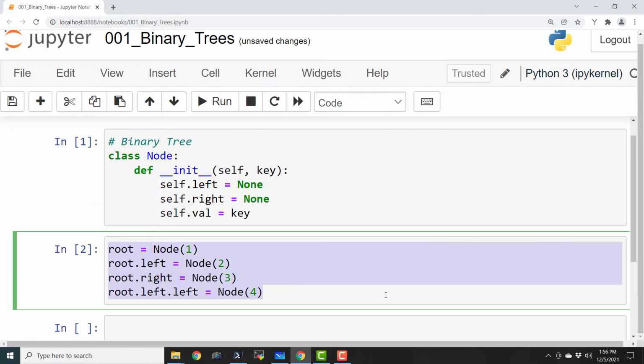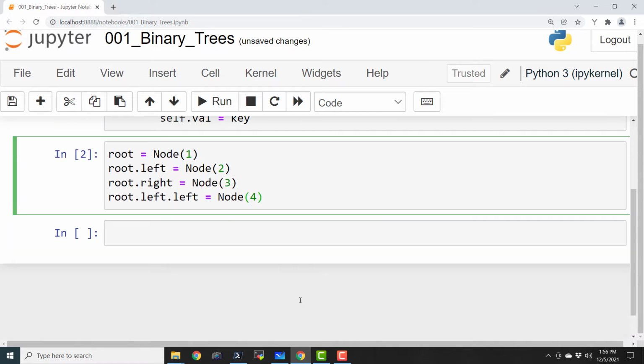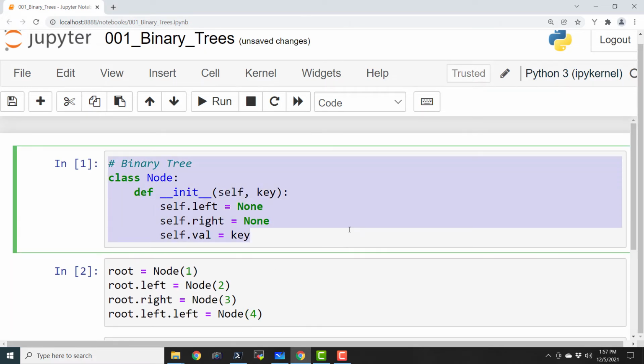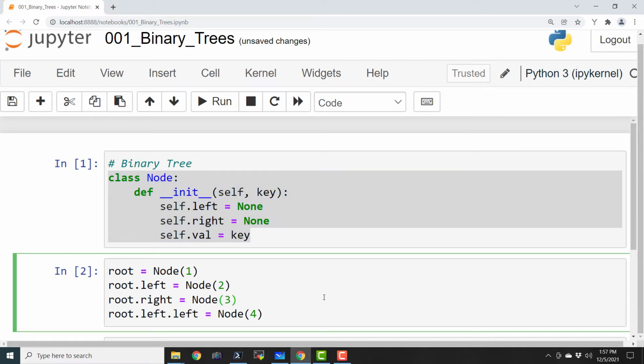Okay, so it is going to create a tree structure, and we can actually traverse this tree structure. For that we have to use one of the algorithms that is either pre-order, post-order, or in order. So let us go ahead and see how to write routines for various types of traversals of any tree. So this was a simple example of the node, and then we created a tree structure using this class, using the objects of this class. So let us go ahead and write the routines for traversal of this tree.